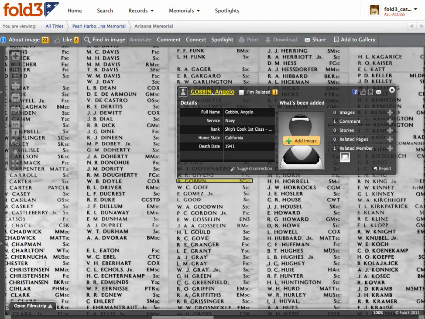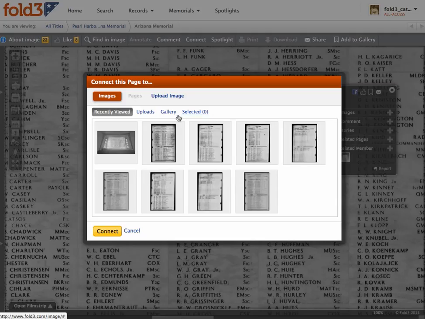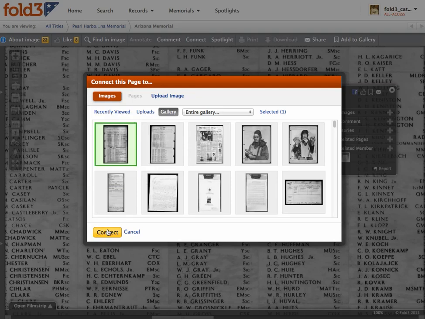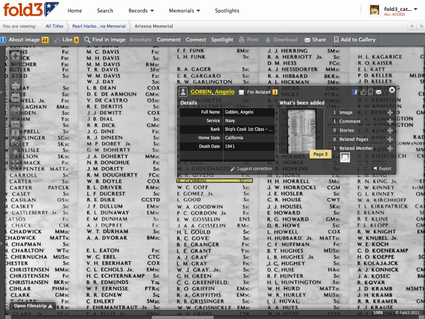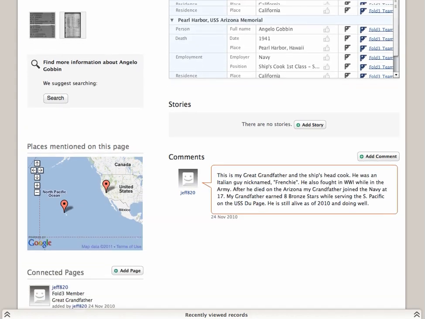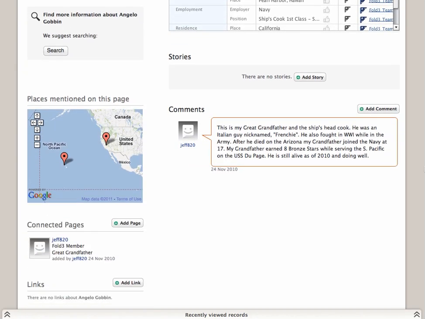Let's add the image we just found on the Pearl Harbor muster rolls. Choose your gallery, locate the image, select it, then connect it. It's that simple. Now let's go to Gobbin's memorial page and see how that image was linked. If we scroll down, we'll also see a poignant comment left by his great-grandson. He says that after his great-grandfather died on the Arizona, his grandfather, Angelo's son, joined the Navy at age 17